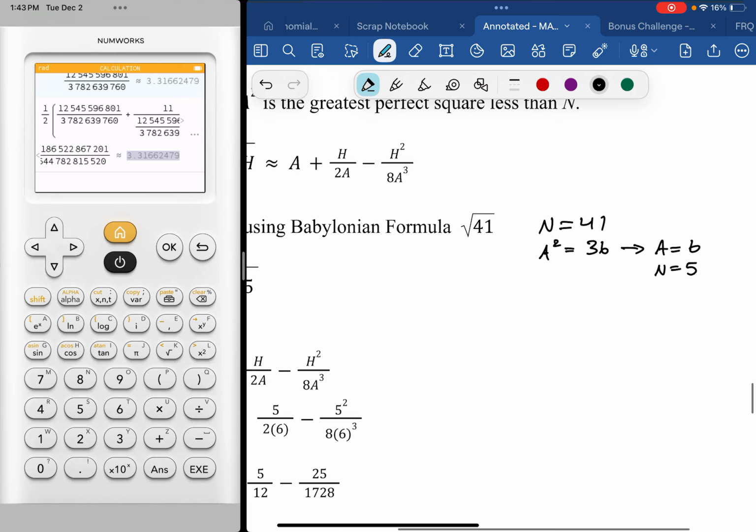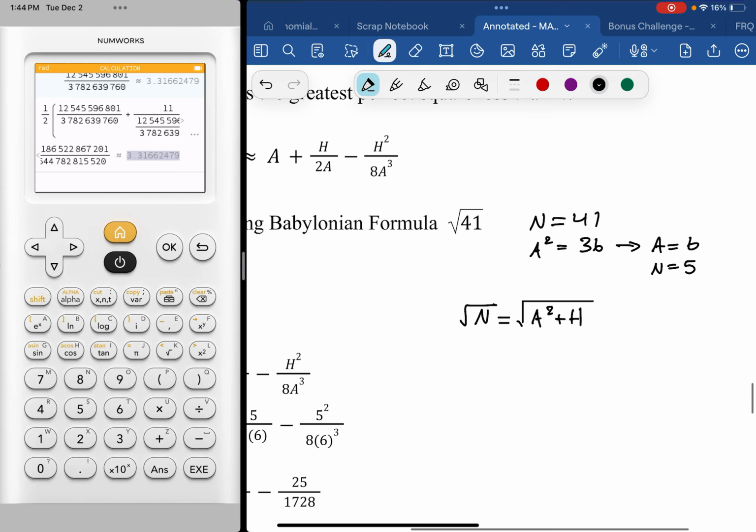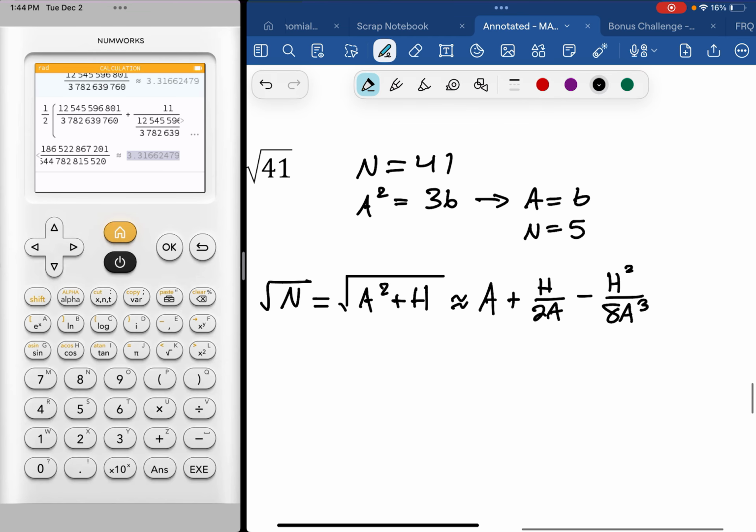So then we apply our formula. So I'll write it out in its full glory. Radical n is equal to the radical a squared plus h, which is going to be approximately equal to a plus h over 2a minus h squared over 8a to the third. All right. So radical 41 is equal to radical 36 plus 5, which means a, because 36 is really 6 squared, is going to be equal to 6 plus,